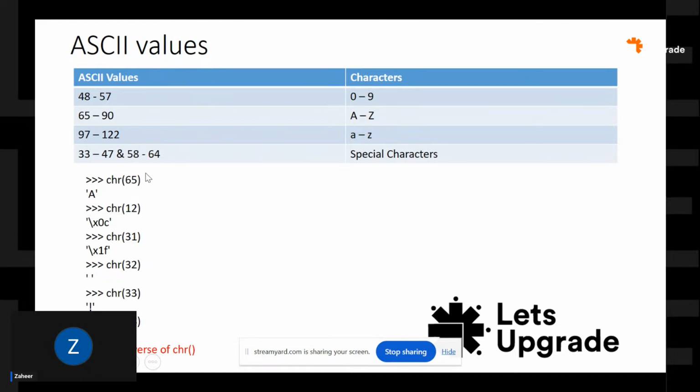That means this is just a conversion. So that's why we are using ASCII value. ASCII means what? That is American Standard Code for Information Interchange. So somebody has embedded these numbers into,